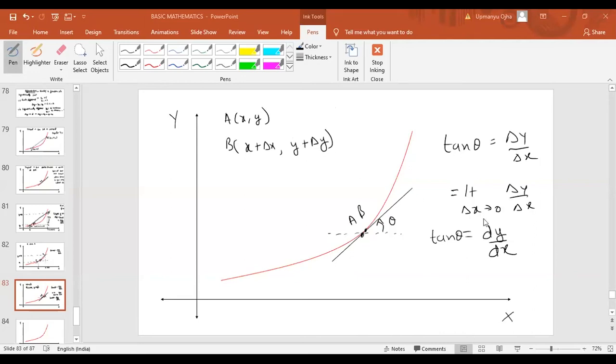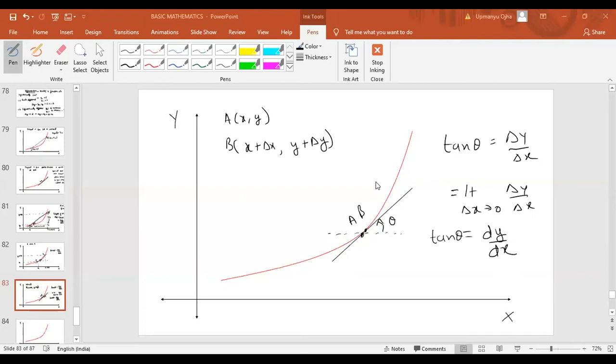So that is what derivative means. In the first class of calculus, I told you what is derivative. Derivative is the slope to the curve. If any curve is given to us, like a parabolic curve or exponential curve, then the slope to the curve at any point is known as the derivative at the point. Understand? So the slope of this is tan theta, that is dy by dx.